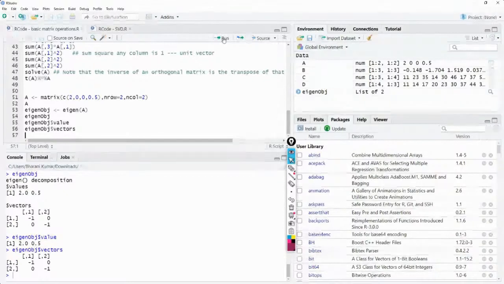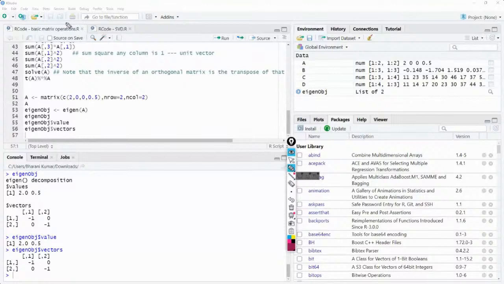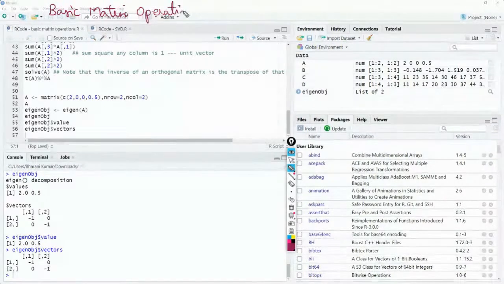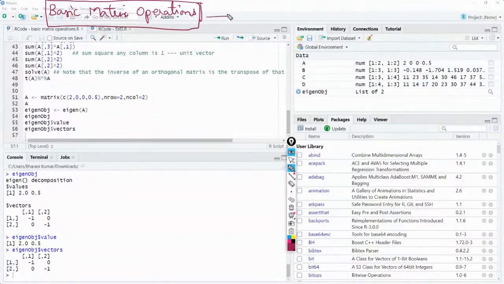Eigenvalues, eigenvectors. I'm just saying that, my dear friends, there are basic matrix operations which one should be aware of. Why? Because when I now explain SVD to you, you'll understand it better because you already have the basics. Why SVD?